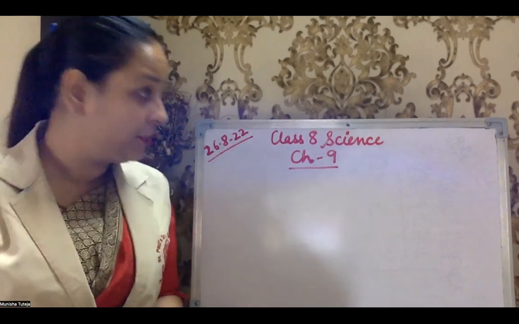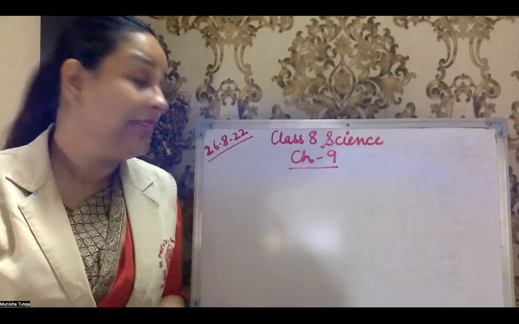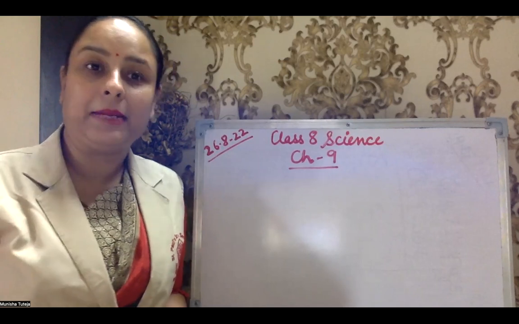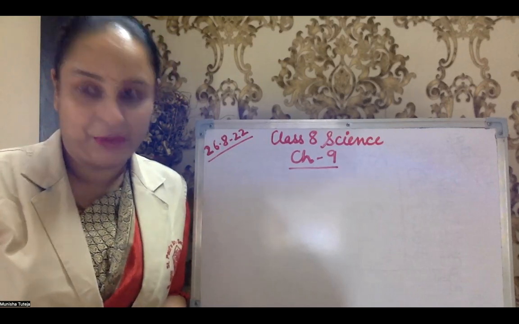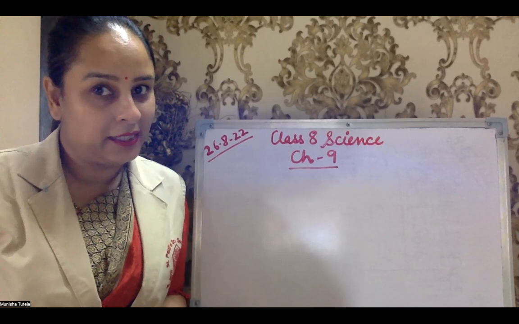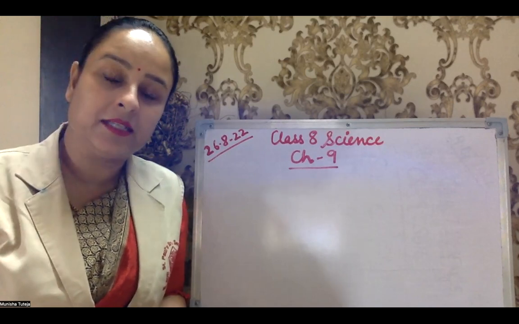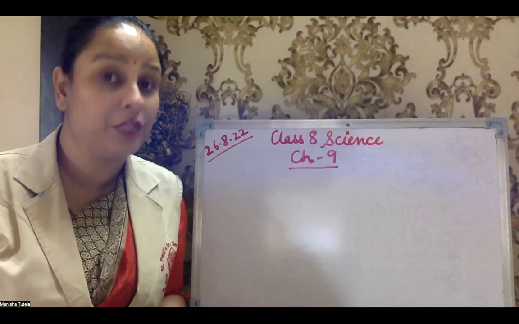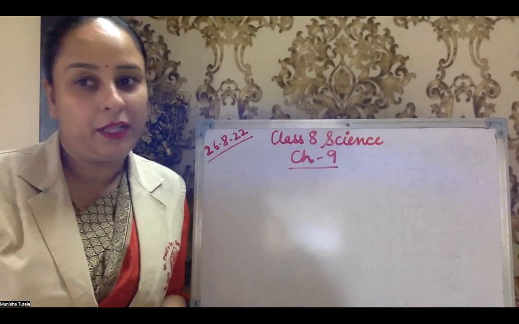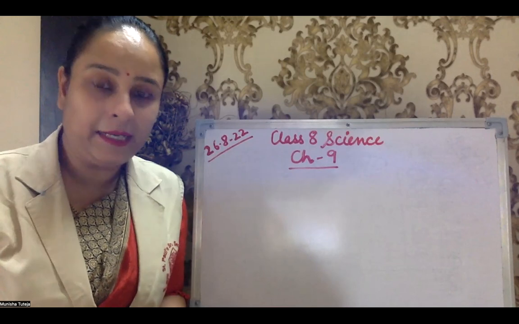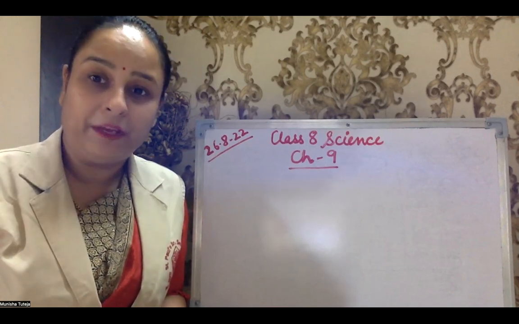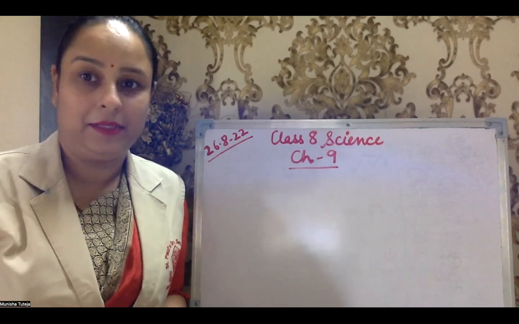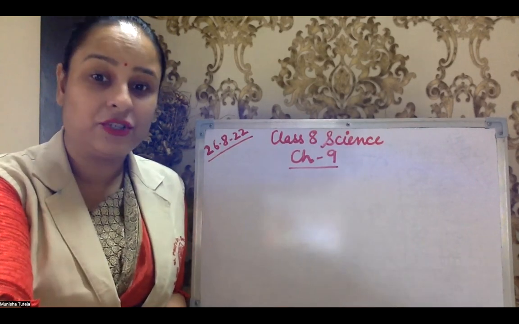Let's now continue chapter number 9 from the science book. The chapter is about reproduction in animals, right? Ma'am Nigam had started the chapter and she had explained reproduction in humans along with the male and female reproductive parts and the fertilization process. Everything was done in the previous class, right? So now I will be starting with viviparous and oviparous animals. Let us find out what they are.